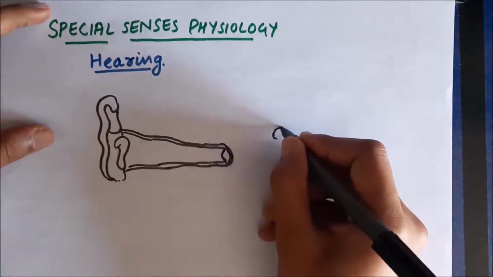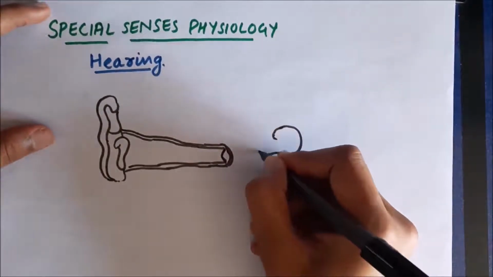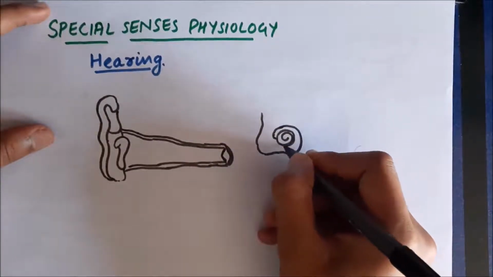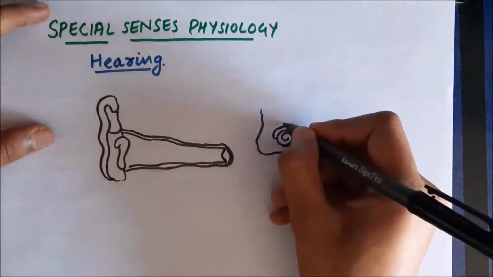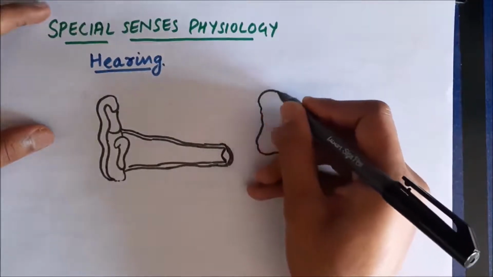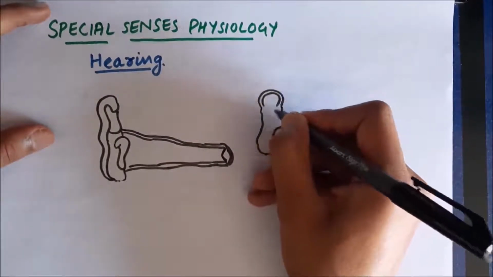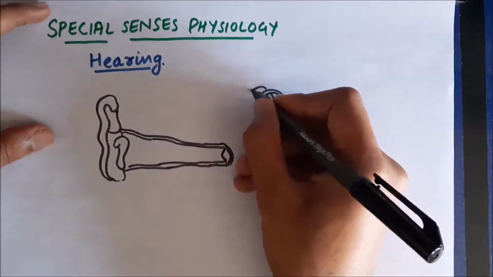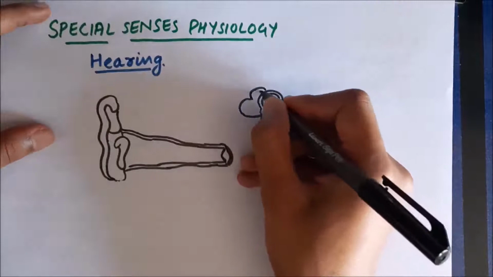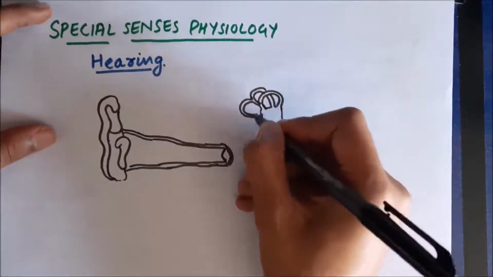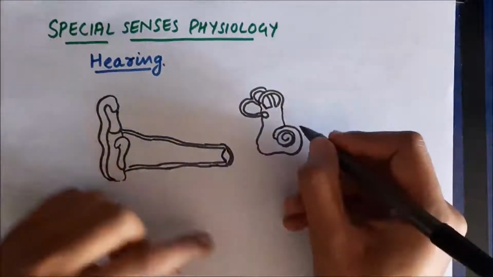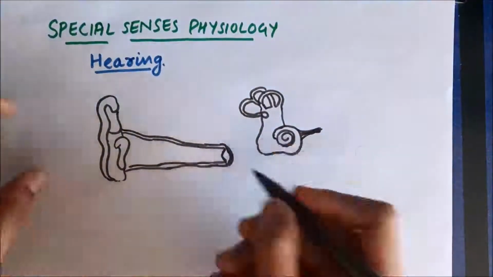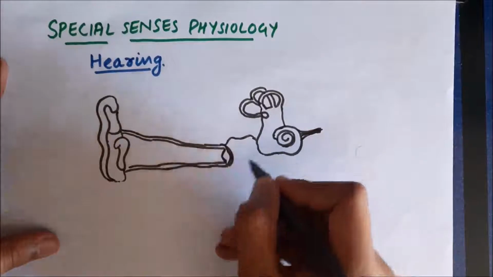Now this is the inner ear. So the inner ear consists of two parts. This part of the inner ear is called the cochlea, which is a highly coiled structure. It consists of almost 2.75 turns, and in the upper part of the cochlea are the semicircular canals, which are bony structures, and inside them are the semicircular ducts, which are part of the membranous labyrinth. So this is the inner part of the inner ear, which is called the cochlea, and above are the semicircular canals, and this is the cochlear nerve.